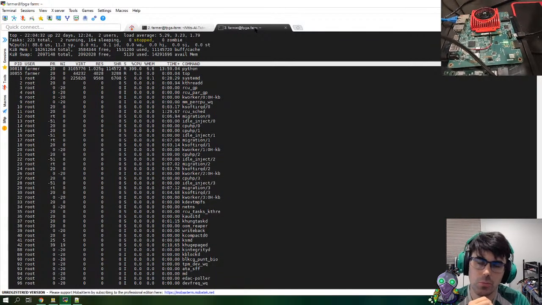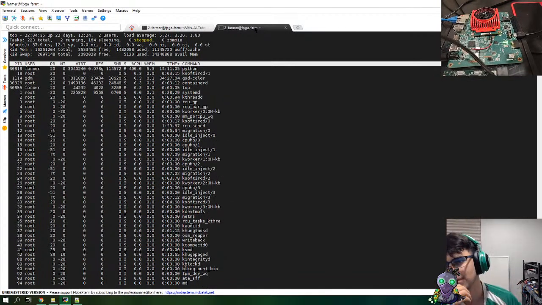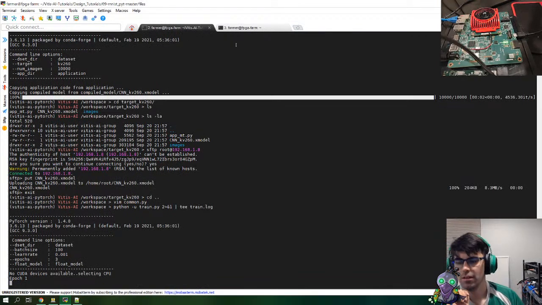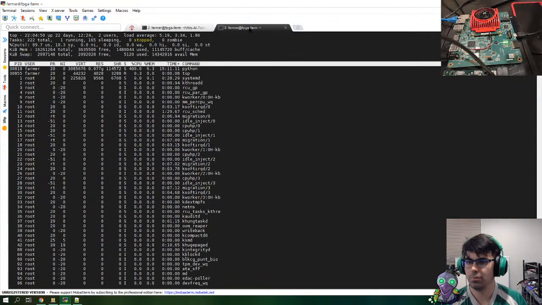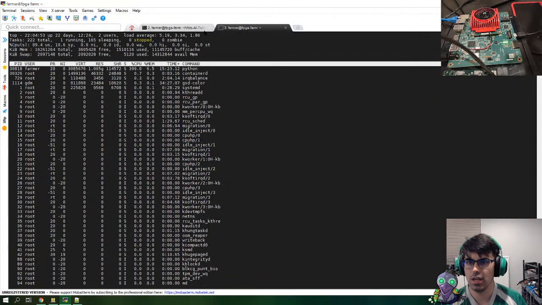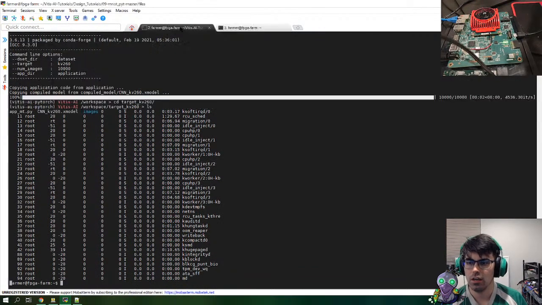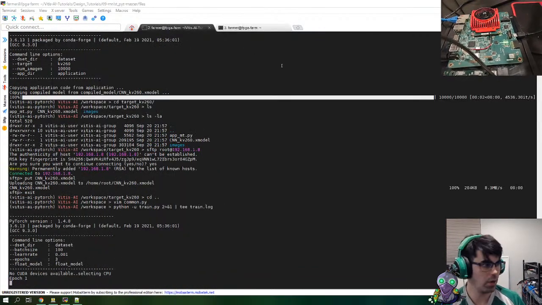I assume I have a quad core or something to get 400% of CPU power. I hope this finishes in a timely fashion. Okay, so while that's running,